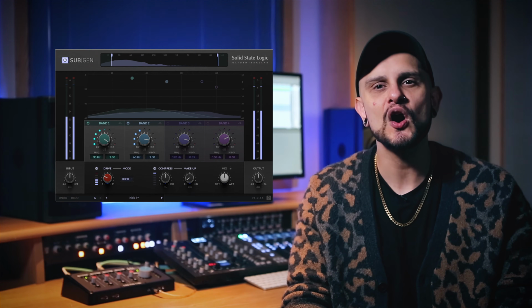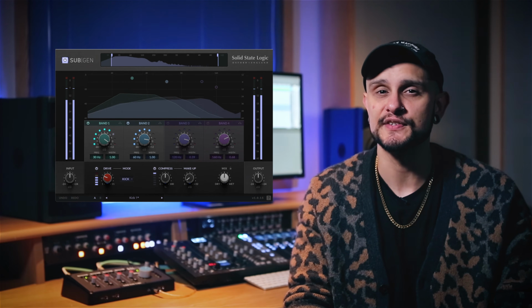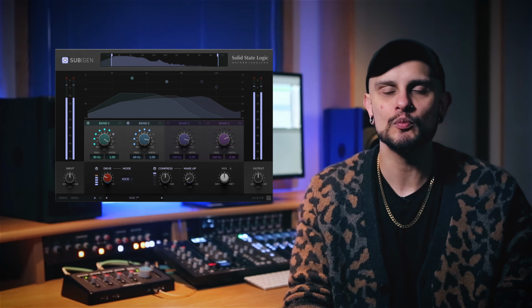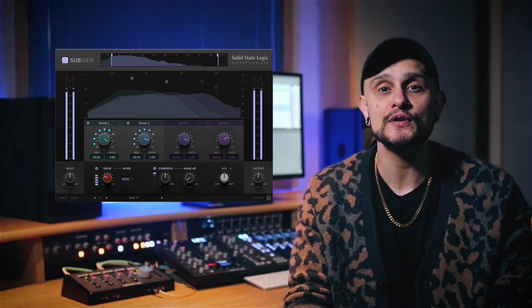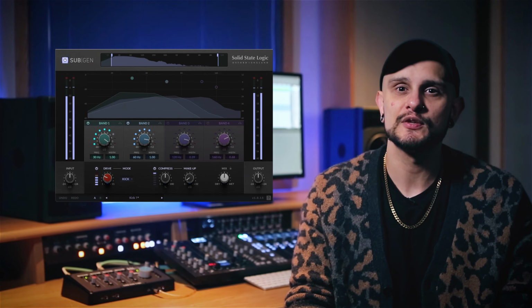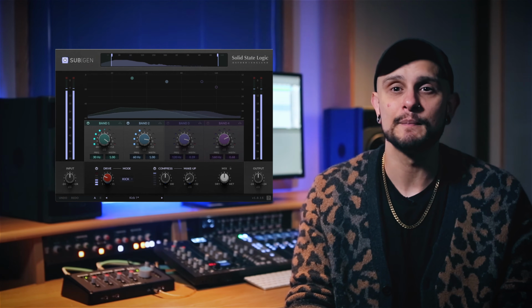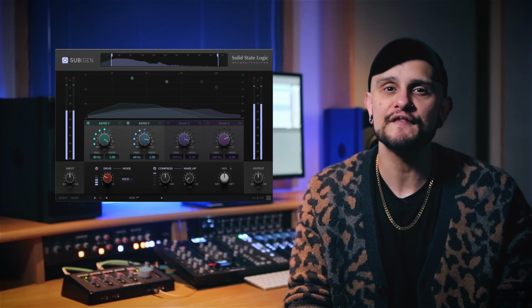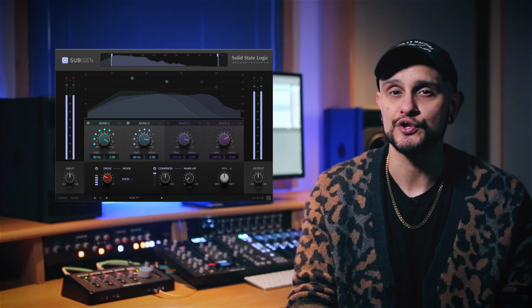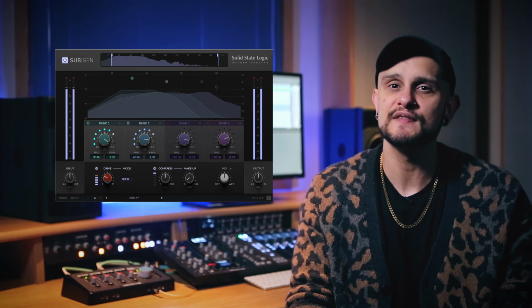SSL SubGen is a high-quality sub-bass harmonic synthesizer with 4 independently configurable bands generating frequencies an octave lower than the signal source. So whether you're looking to rebuild bass frequencies in a thin-sounding or poorly recorded kick and bass guitar track, or generate LFE content for a film mix or sound design project, SubGen provides an intuitive interface to quickly